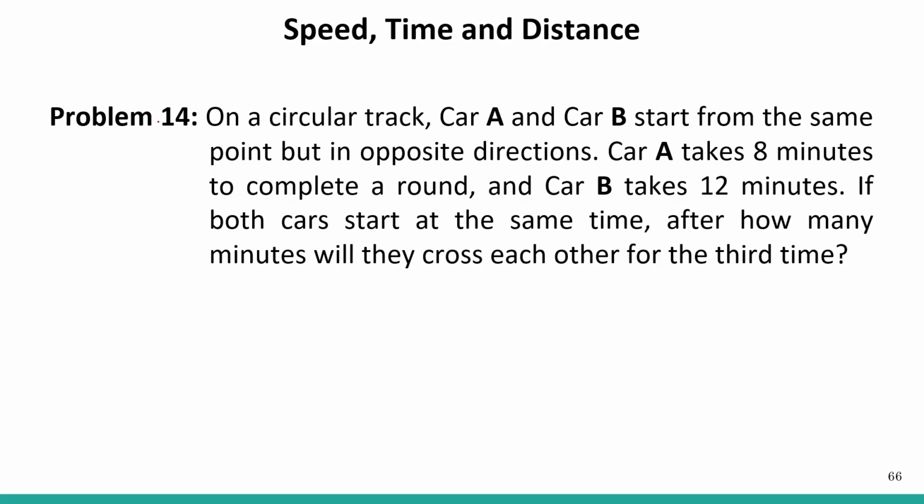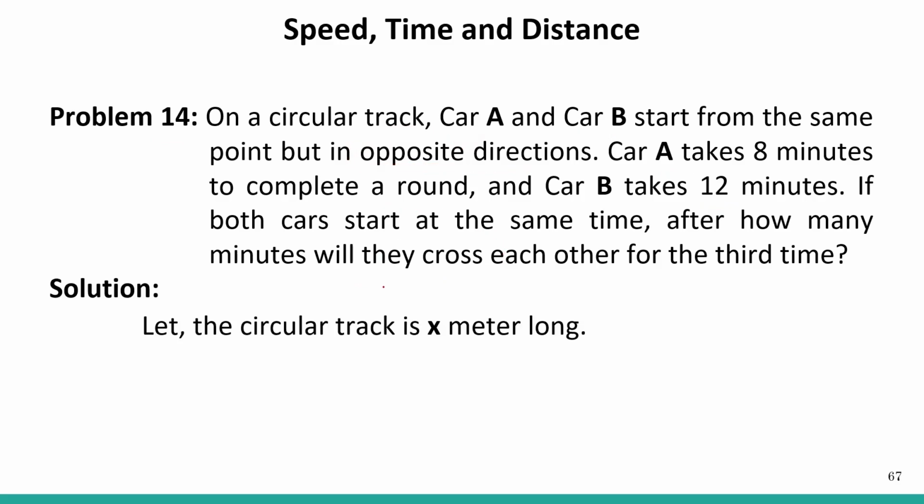Let's see problem number 14. On a circular track, car A and car B start from the same point but in opposite directions. Here opposite is the key point. Car A takes 8 minutes to complete the round and B takes 12 minutes. If both cars start at the same time, after how many minutes will they cross each other for the third time? Let the circular track be